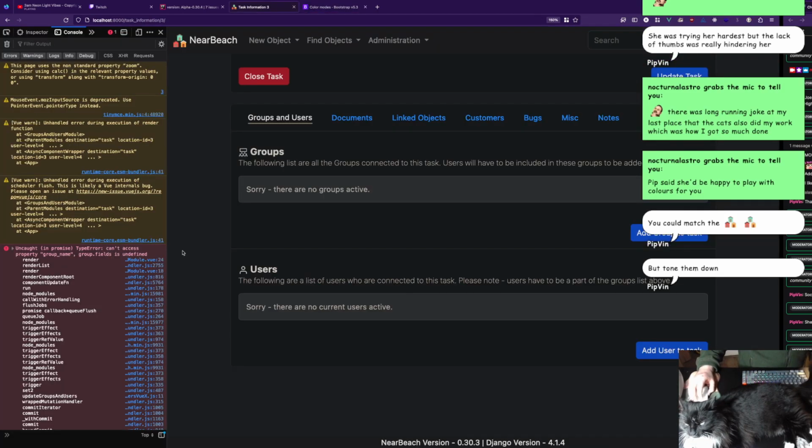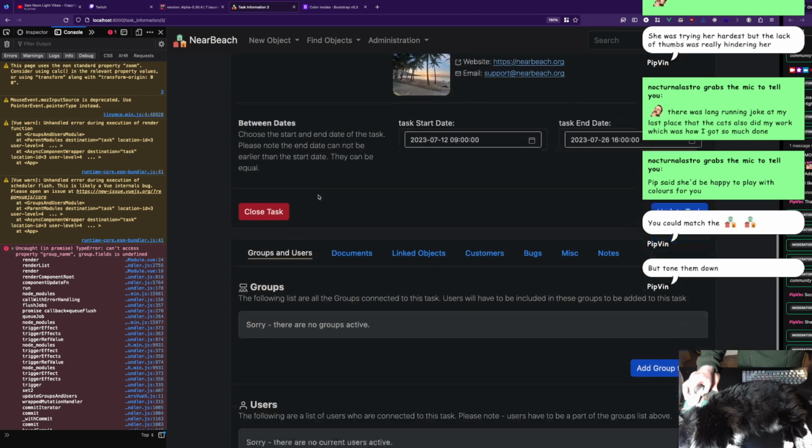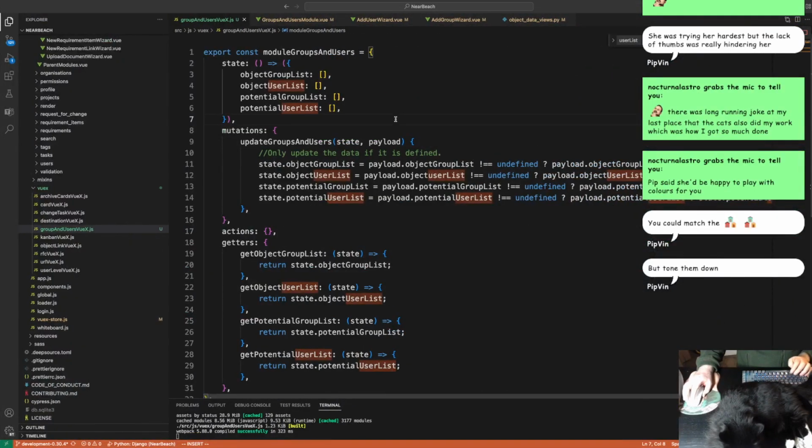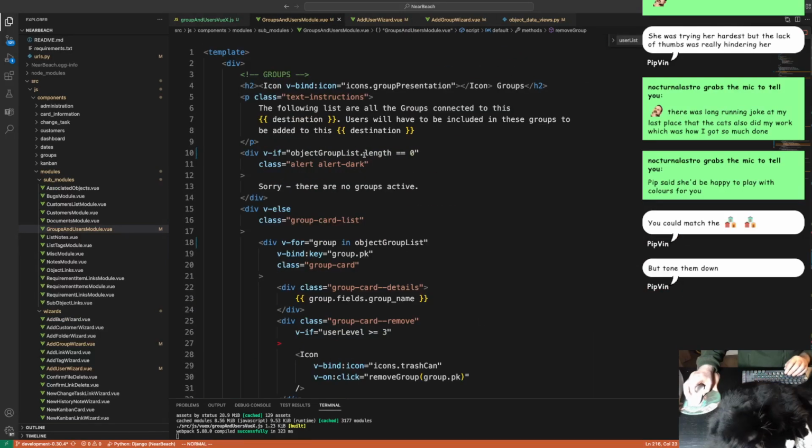All right, what was I doing? I was fixing up this. So the mouse events moz import is deprecated. Use pointer event. I don't know where I'm using the pointer events on here. Unhandled error during the execute render function. Parent module, destination, location ID. Can't access property group name. Oh, all right. Yes, I understand that. Okay, what's happened is because I flat packed the data,